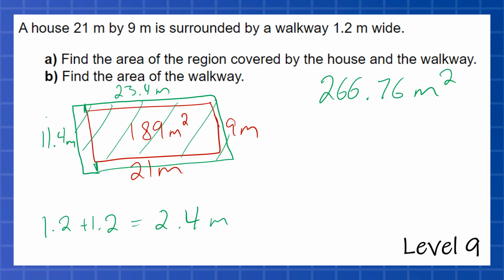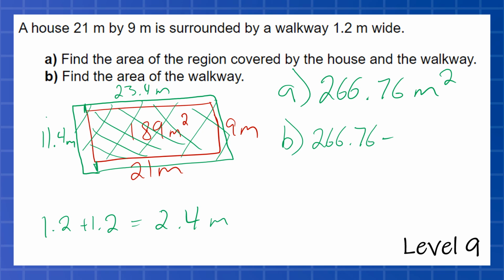So what is the question? The question is find the area of the region covered by the house and the walkway. Well, guess what? That is what we just found. But let's say we don't want to include all the part that's both green and red. Let's say we want to take this part out. Well, how are we going to find that? So for part B, all we're going to do is we're going to take that 266.76 and we're going to subtract the 189 that the house is covering. And that would give us our answer for B. It's still going to be in meters squared,